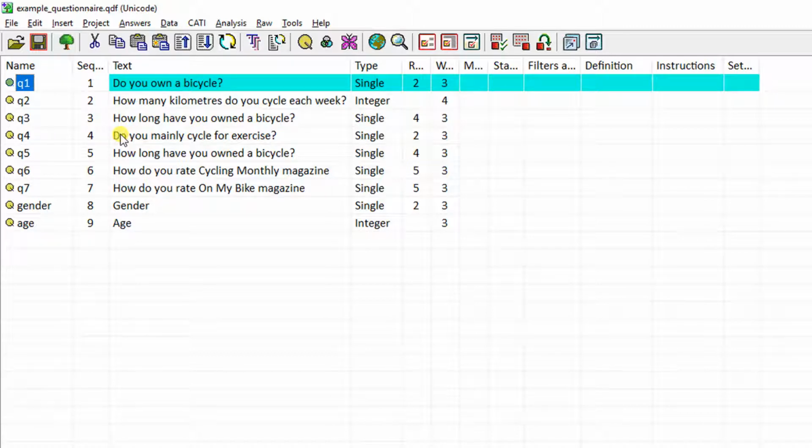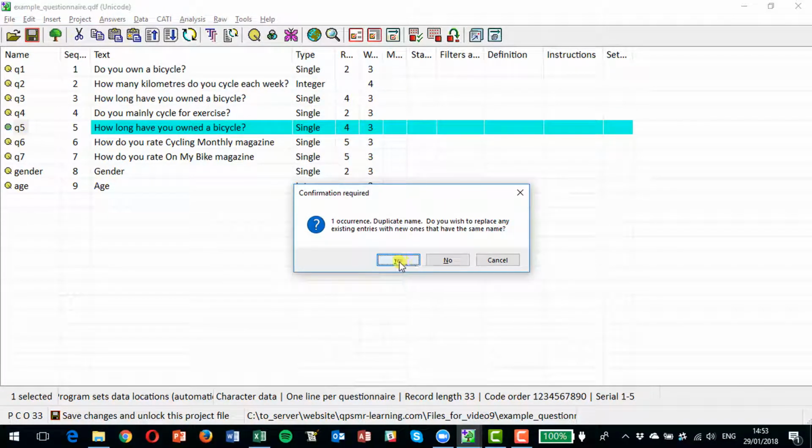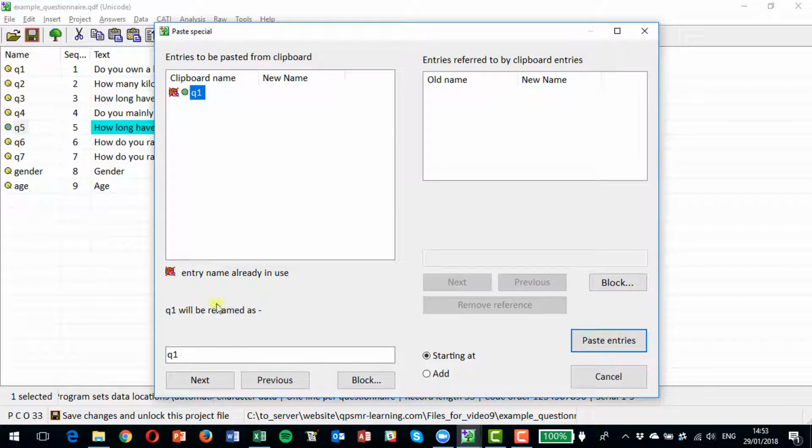So that's copying and pasting questions. That's all pretty easy to do. You've got other tools in here too. Control C and Control V will do the same thing, just like it will in a word processing piece of software. So if I copied question 1 as I did then and Control V down at question 5, it's going to ask me what I want to do with that. And I could have a duplicate question 1, which I'm going to call Q1X,